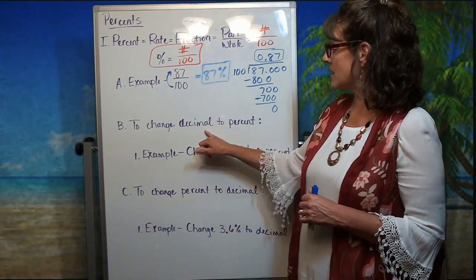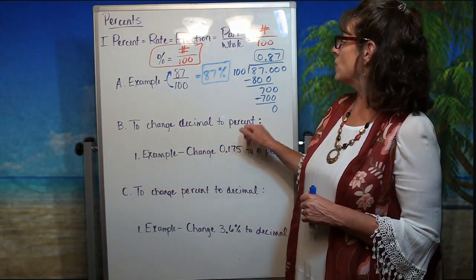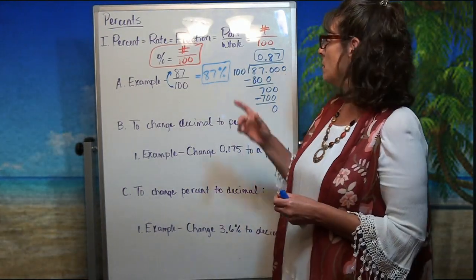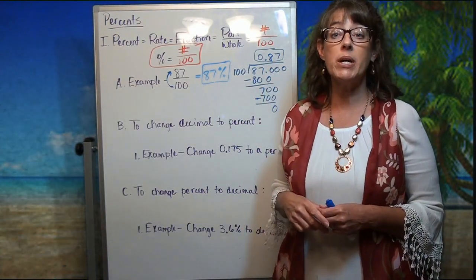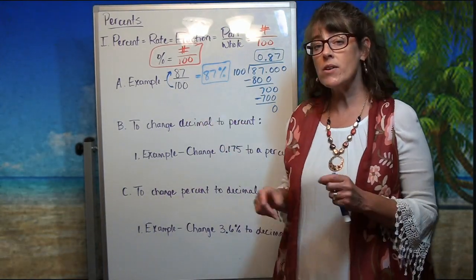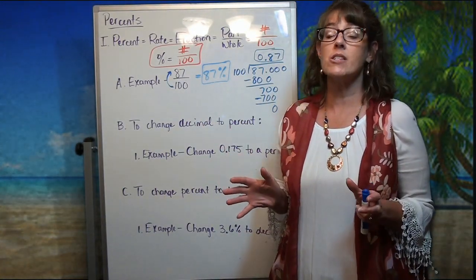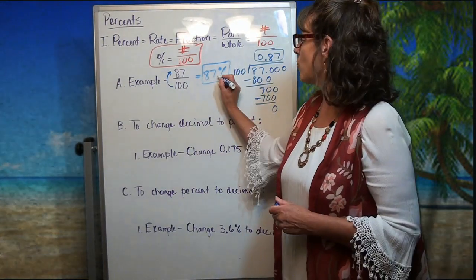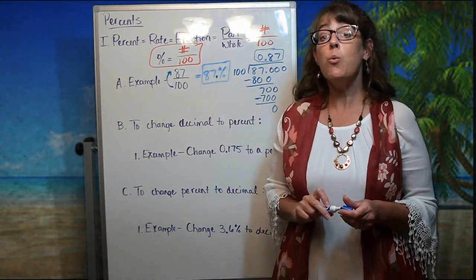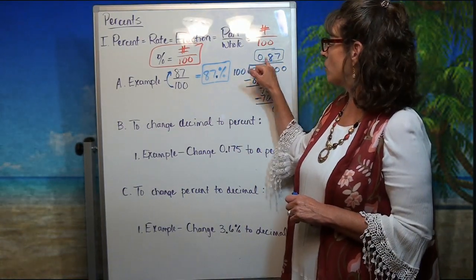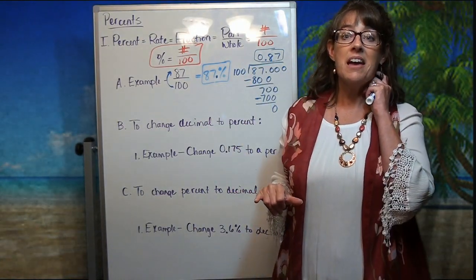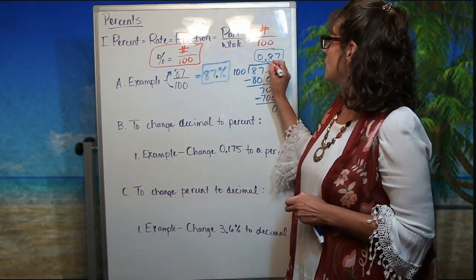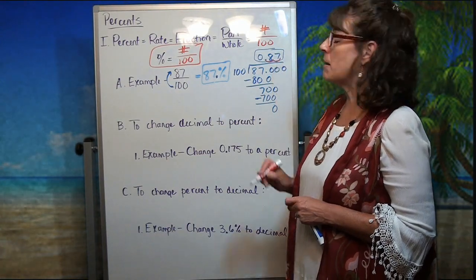which allows us to discover what it takes to turn a decimal into a percent. As you compare this decimal to this percent, notice they both have the 87. But notice that this one has a decimal point in front of that 8. This one, where is the decimal point? It doesn't look like it's there. But where is it when it doesn't look like it's there? Absolutely, it sits right here in the back. So how would you convert from this decimal to this percent? Absolutely. You're going to move this decimal point 2 places to the right, bam, bam,